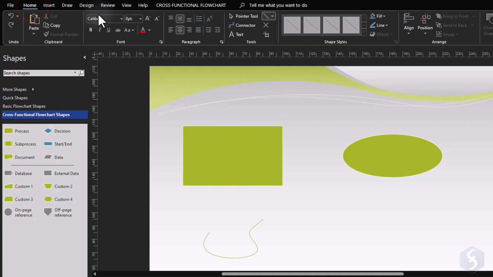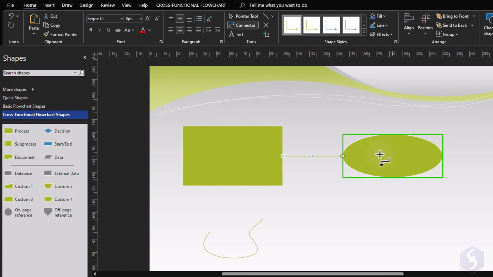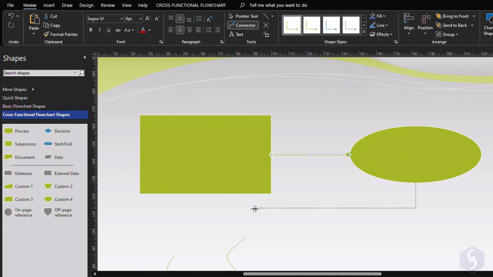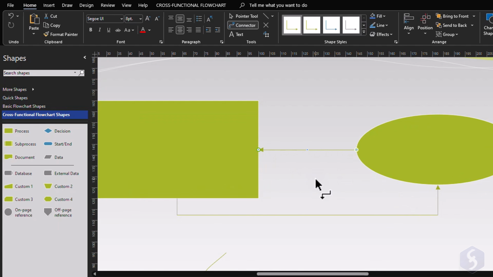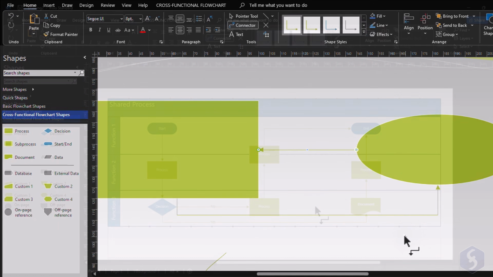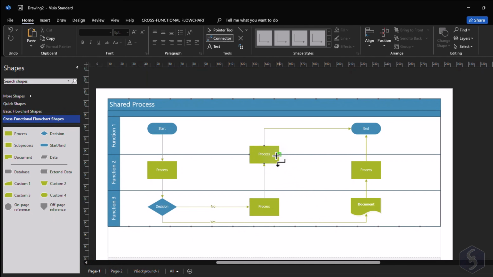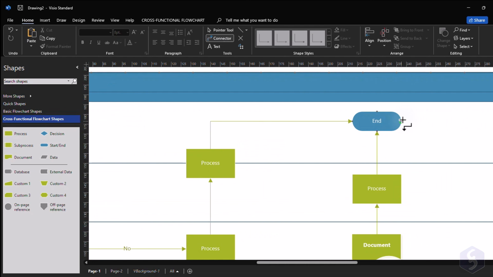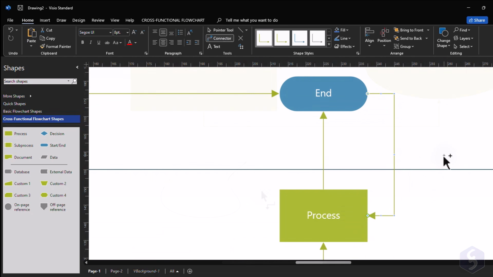Under Home Connector, you can drop wires or connectors to link 2 shapes together and show dependence. If you click and drag between 2 shapes, you create a link connecting the first shape to the second one. You can add more connectors to show more complex dependence. Other shapes can show multiple anchors called connection points, which allow you to choose the exact point where the wire must be attached. Whereas